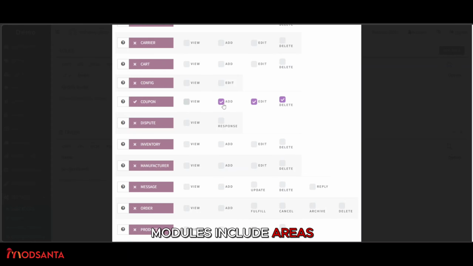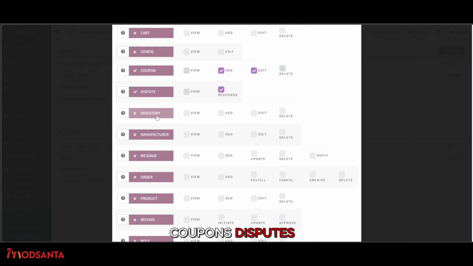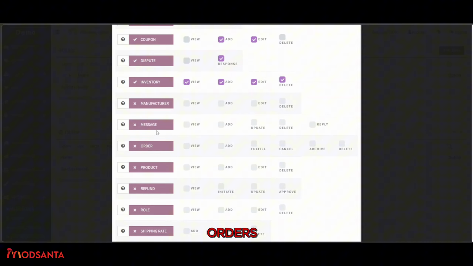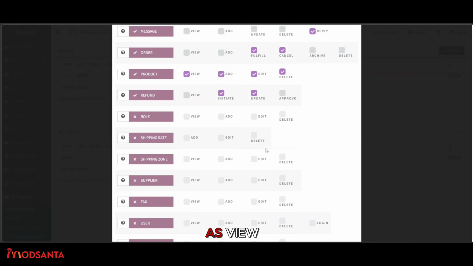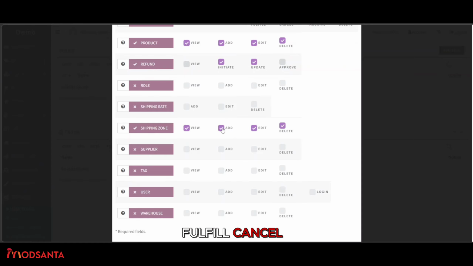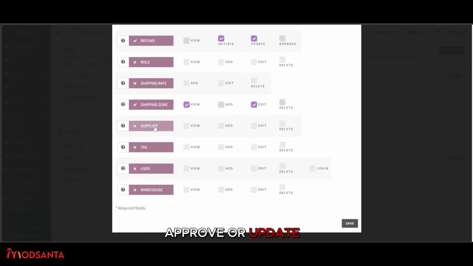Modules include areas such as appearance, attributes, carrier, cart, configuration, coupons, disputes, inventory, manufacturers, messages, orders, products, refunds, roles, shipping rates, shipping zones, suppliers, taxes, users, and warehouses. Each module may allow permissions such as view, add, edit, delete, reply, fulfill, cancel, approve, or update depending on the